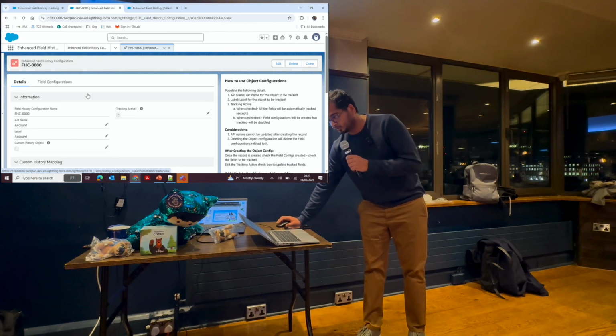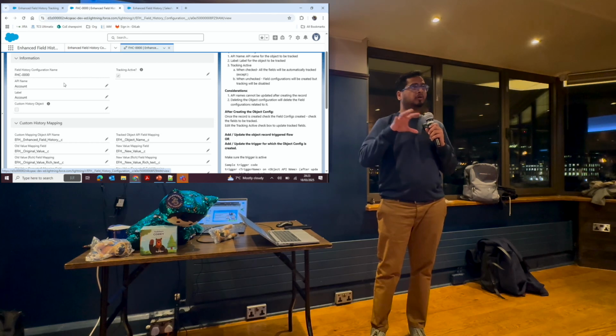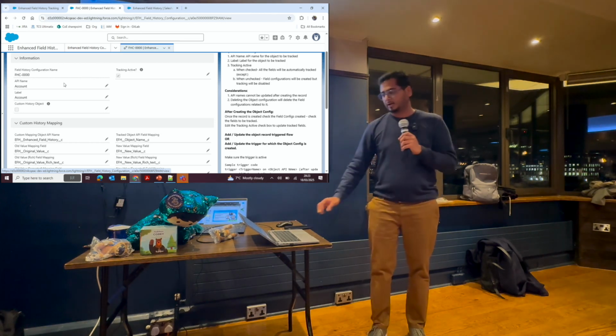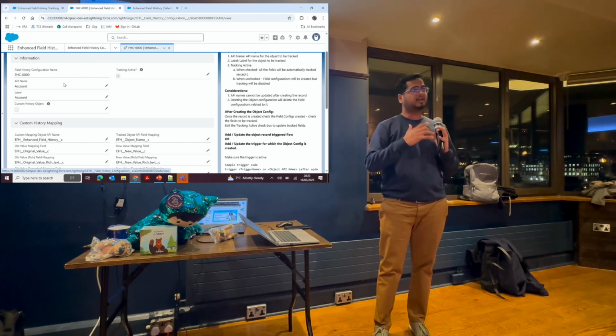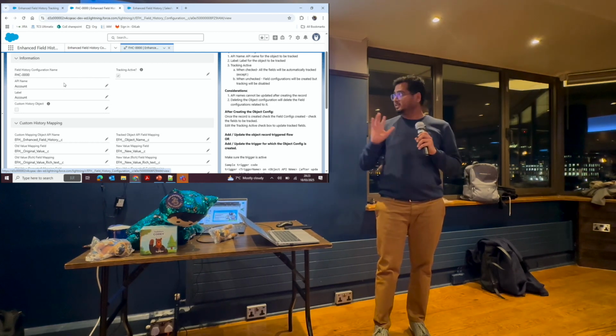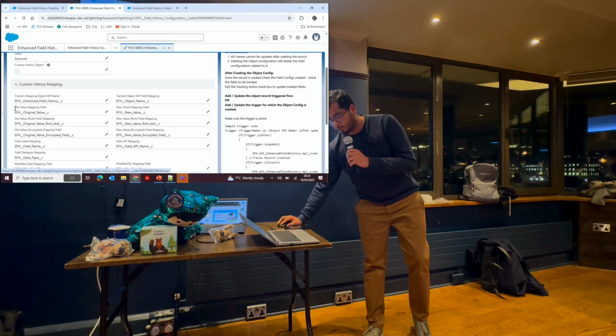So when you do this configuration, you need to mention which object you are making these changes for. And then, like you asked the question, old value, new value. So it tracks old value, new value. There are basically 3 types of fields here, if you see. One is normal old value field mapping. Second one is old value rich field mapping. Third one is